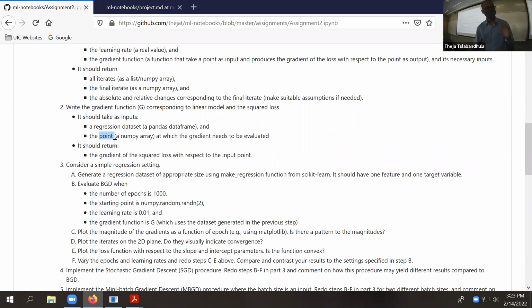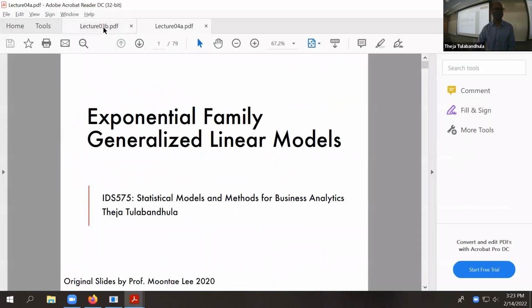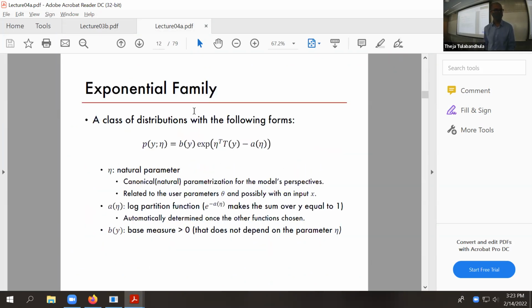Sorry, I think I got confused here. So this point is the actual theta naught, theta 1, theta 2. Okay, sorry, I think I might have misspoke earlier. So this point is the theta naught, theta 1, theta 2. If it's not clear, let me switch over to this. Let me just show some slide where it comes up.